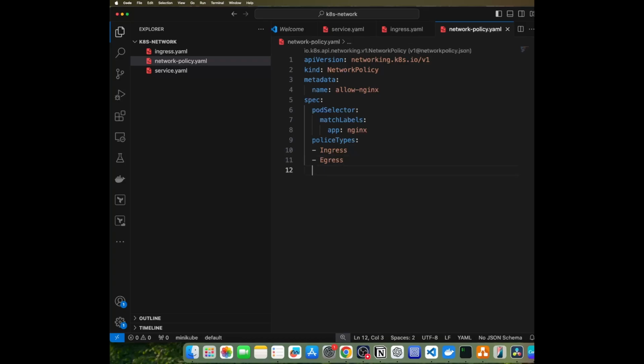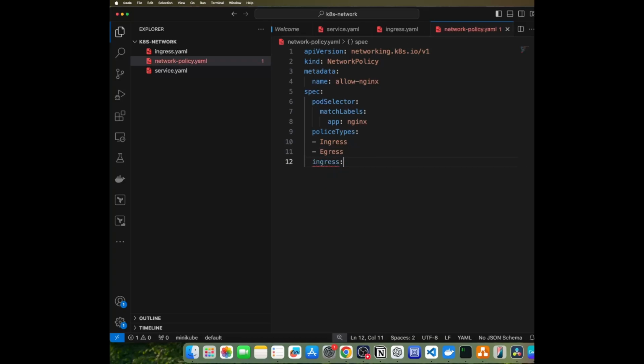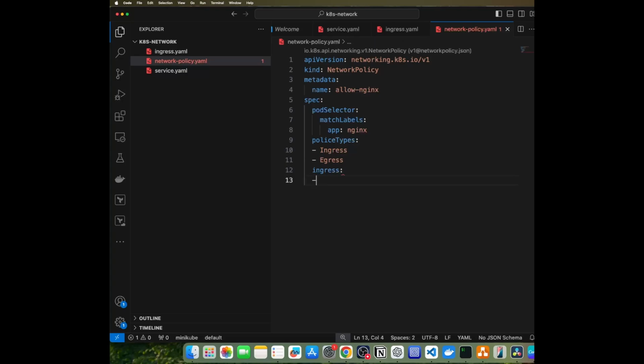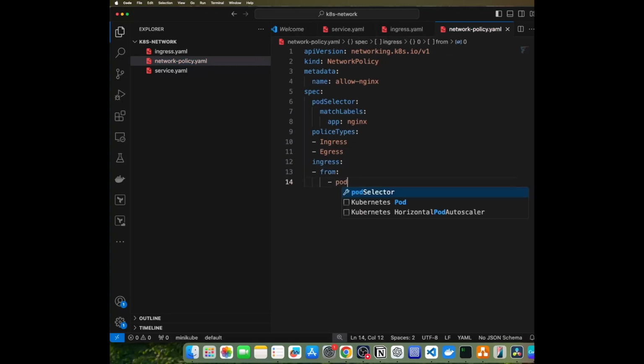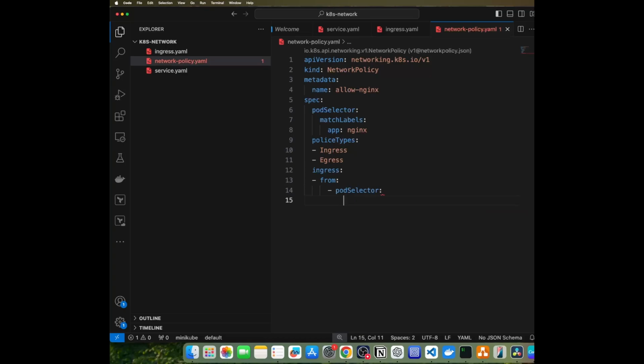All right, so for ingress, from podSelector, for example, we have matchLabels here. For the role would be, for example, frontend. Okay,